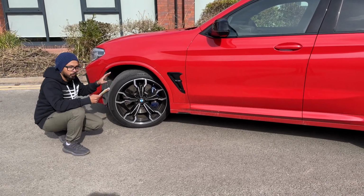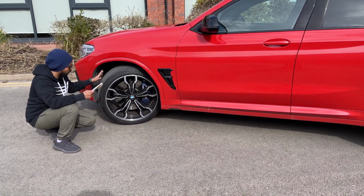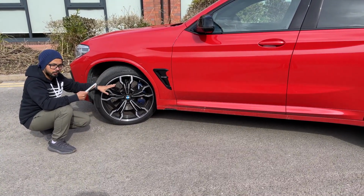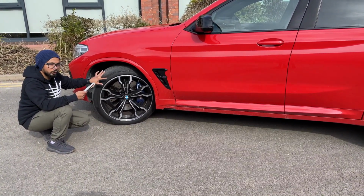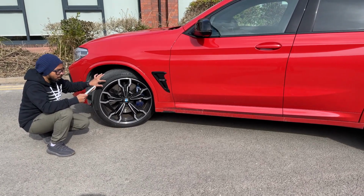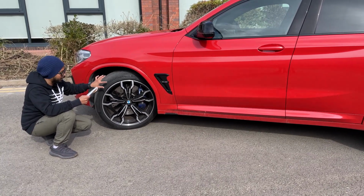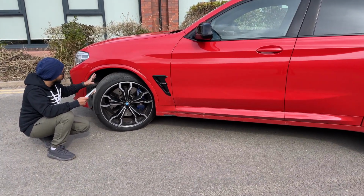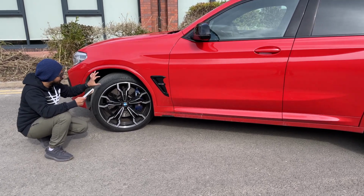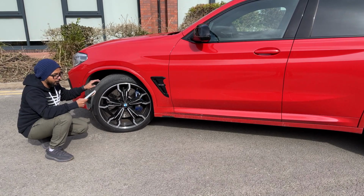So to solve that, what you want to do, basically you want to stick with the 255 as your original choice. You can still stick with the 20-inch wheel, but you want to increase the sidewall portion. So the sidewall portion was 40 originally, now you want to increase it to 45, not 245. So that means if you go for the tire size 255 by 45, 20, then it will give you a